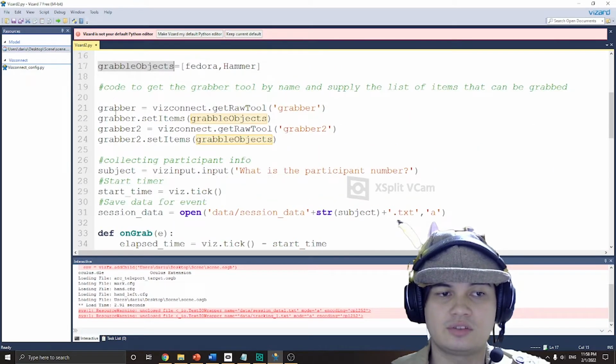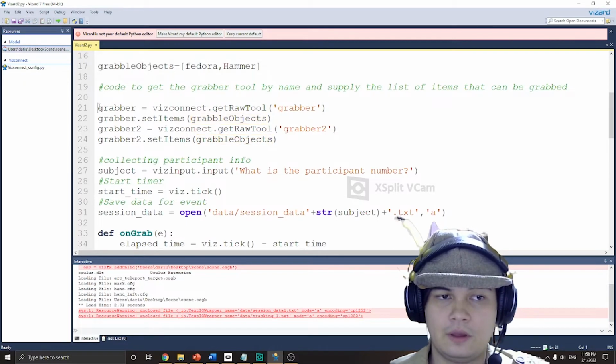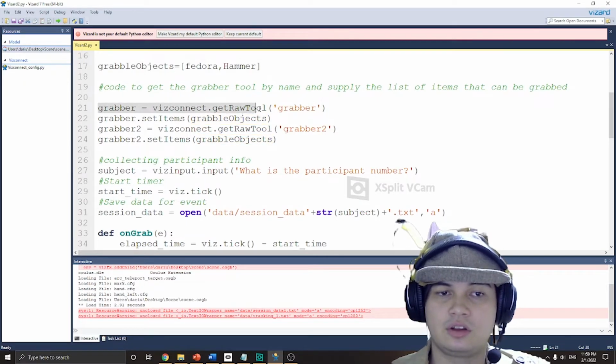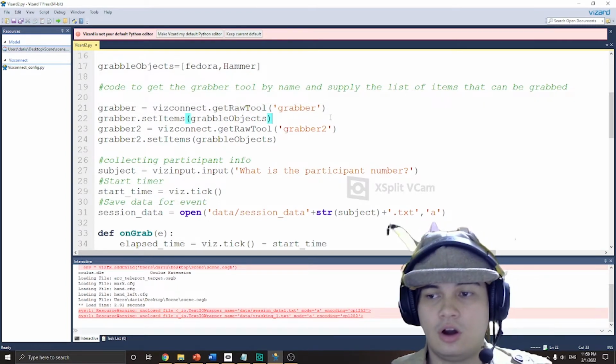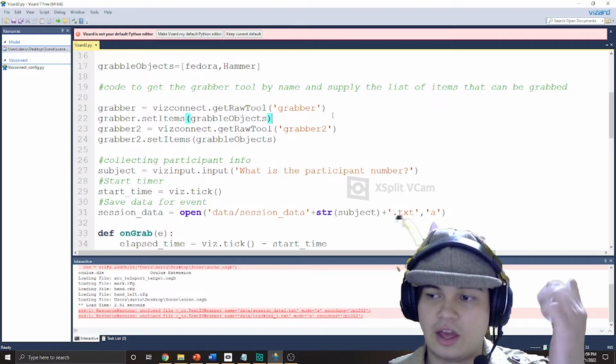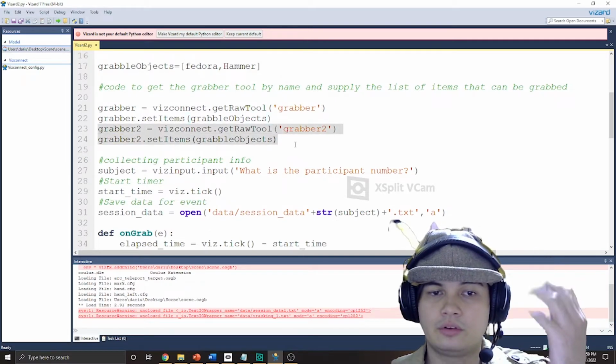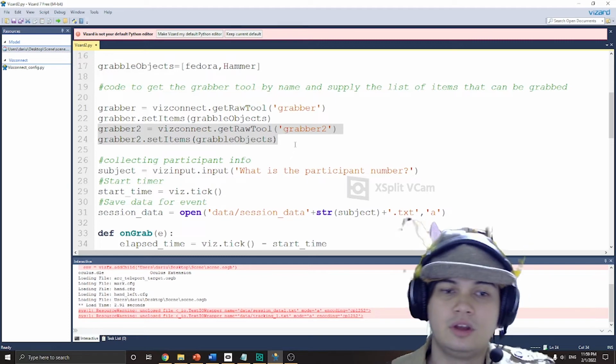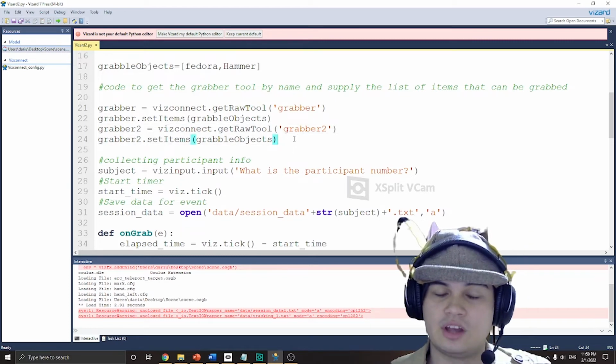As we can see in our next line of code, we have the grabber: vizconnect.getRawTool grabber, grabber.setItems grab objects. This is technically our remote for our left hand, and the other one, our right. Now, as we take a look inside the VR,